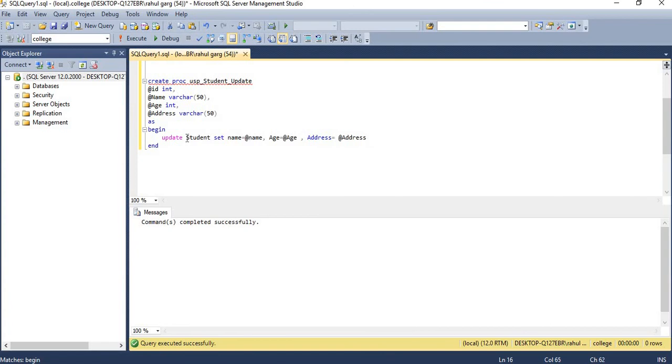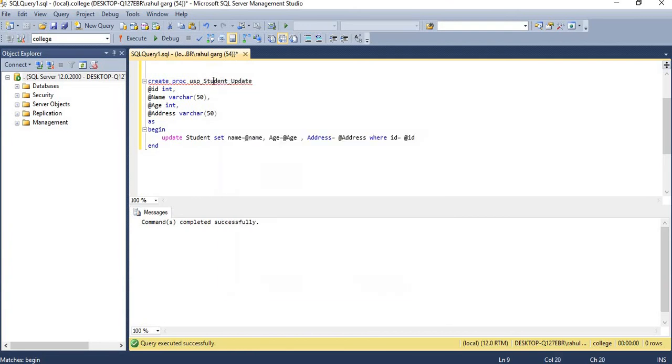But we have to do this for our current employee. For this we will write where id equal @id. Very simple to create the stored procedures. Now executing it, executed successfully.